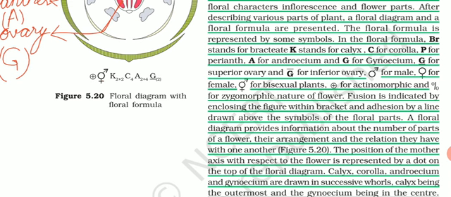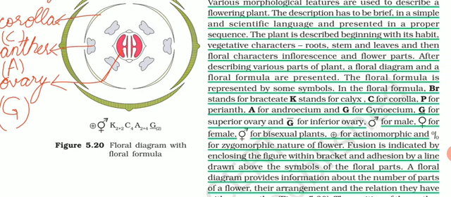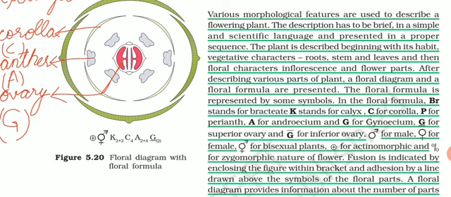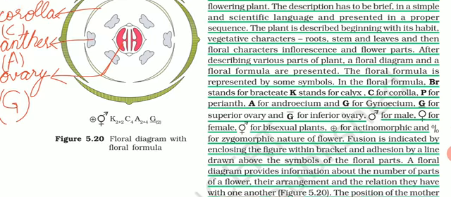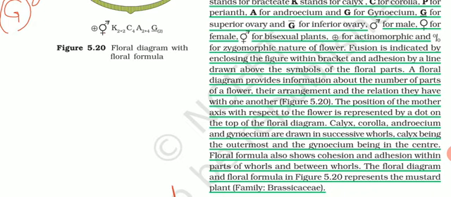So these symbols are very important to write any floral formula. Even in the practical exams, during the viva, any kind of flower will be provided to you and you will be asked to write the floral formula for it. It will be very simple once you understand, once you start dissecting the flower, then start counting and finding out the arrangement of the sepals, petals, androecium and gynoecium. Right. So a floral diagram gives us basic information about how many parts there are and what their relations are with each other, because sometimes androecia are attached with petals.